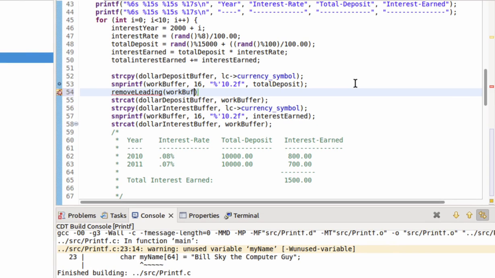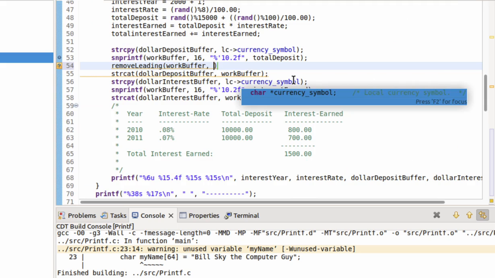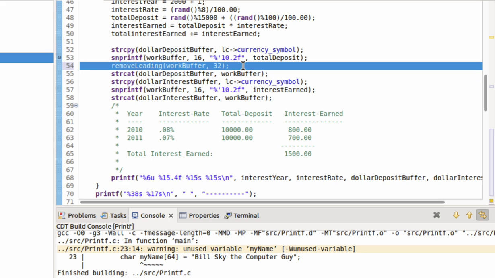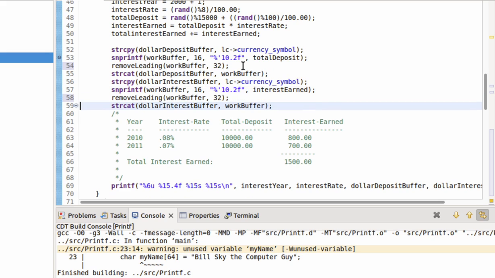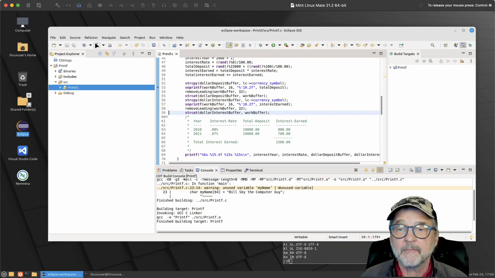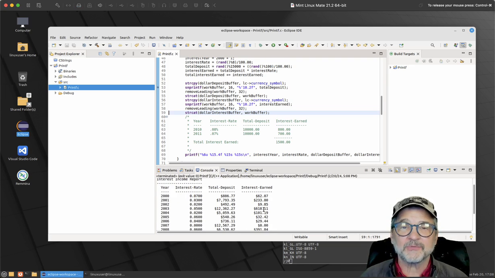work buffer. And I believe work buffer was 16, right? Oh, work buffer is 32. Oh my goodness. So let's put in 32 here. So that's going to modify work buffer, and then work buffer will be used there. Let's do that for the same thing down here. And now let's see what our report looks like. So now the $ sign is right up against the number,